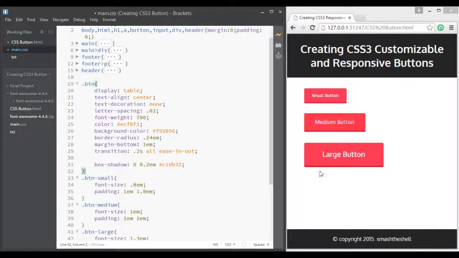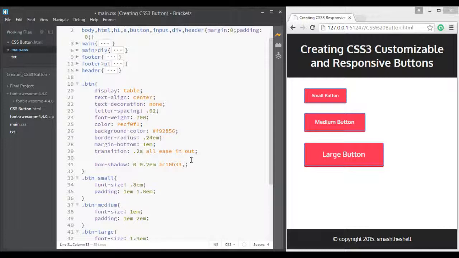So you can see this button has an effect applied, which is a shadow with a vertical offset of 0.2em, applied to all of these buttons here. Okay, now let's apply our second box shadow to the top of these buttons, and some kind of subtle smooth effect on these buttons here.